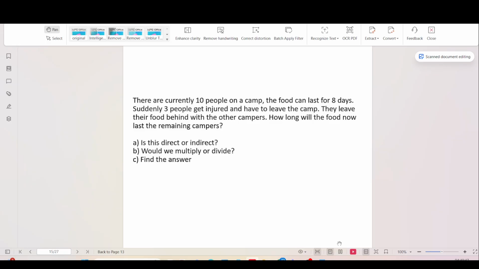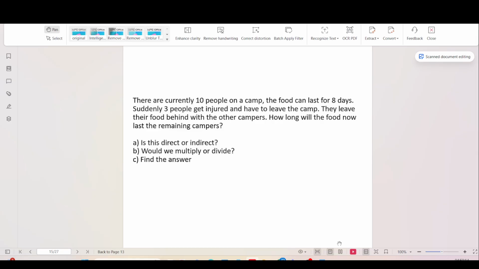So there are 10 people. Food can last 8 days. Suddenly 3 people got injured. How long will the food now last? So it's indirect, right? Because the less people there are, the more food there is. Yes, indirect. So we would multiply, and we'd get 10 times 8 equals